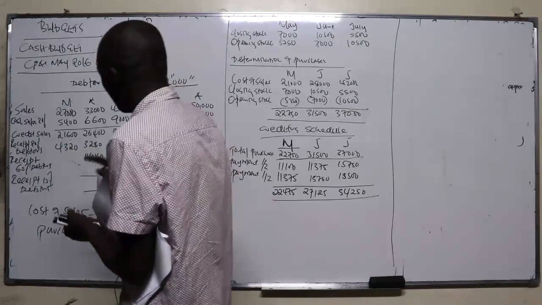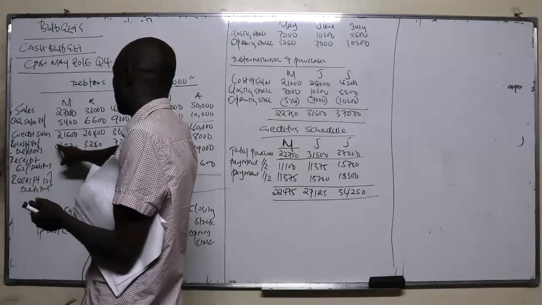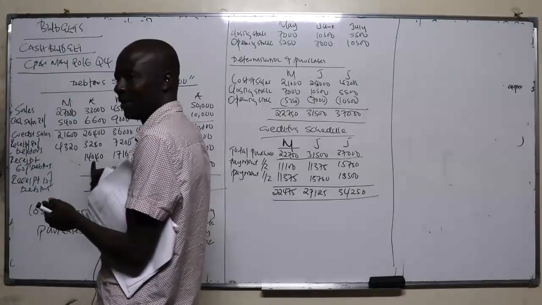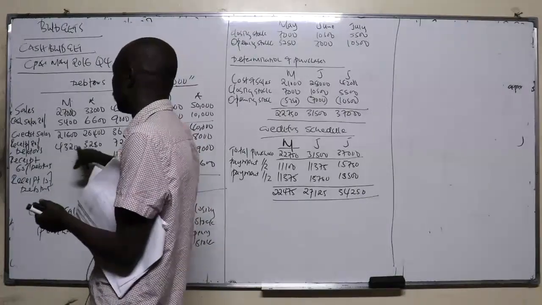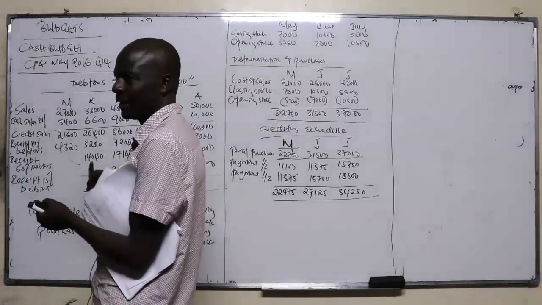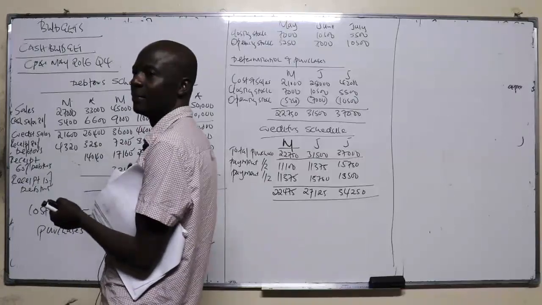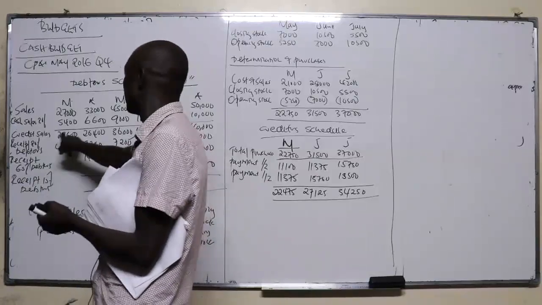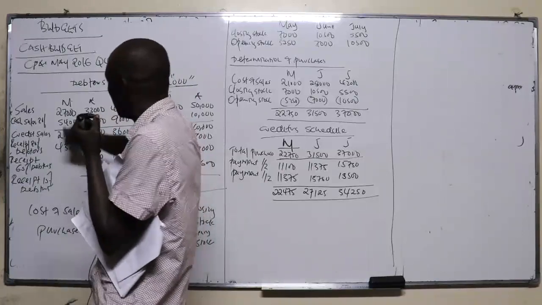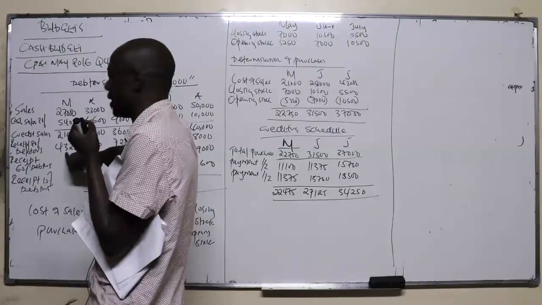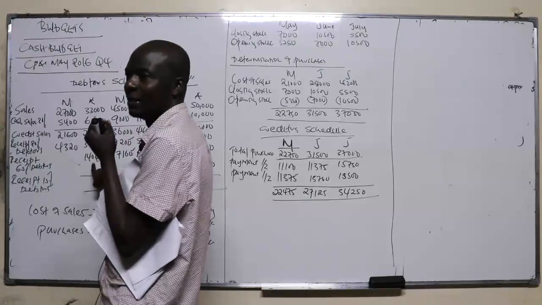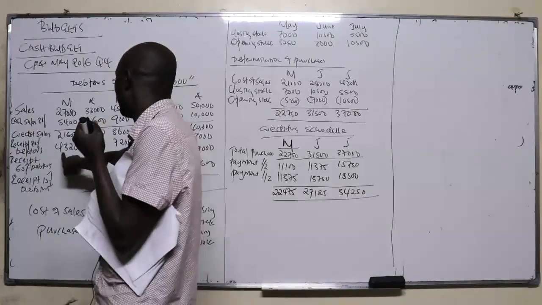No. So you see, we said 20% is this one. Okay? 65% is this one. Are we together? So 65% is paid in the following month, the month following the month of sale. Then this one is paid here. So the 20% is paid in the month of March, isn't it? Are we together? 20% of the total credit sales is paid in this month. Is it so? And then 65% is paid in the following month. Then 15% is paid here.